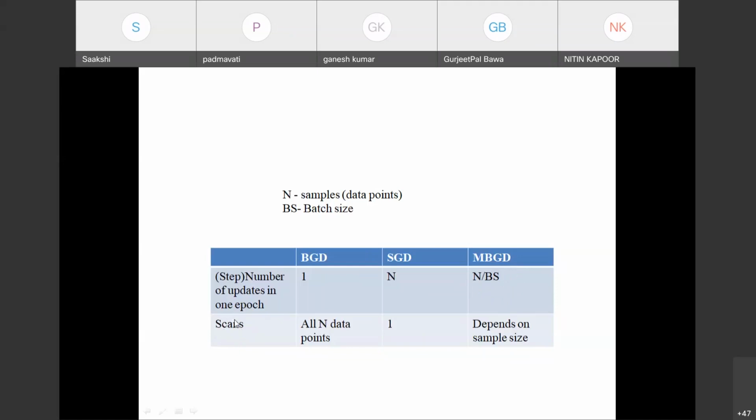Scans, you know very well now. In each iteration or each epoch, I need to scan all n data points, and with this I have represented it with respect to updates. All n data points are scanned, and later on the update is performed. In stochastic gradient descent, I take one data item and update, then the next data item and update, updating the parameter value each time. Whereas here it depends on the sample size.